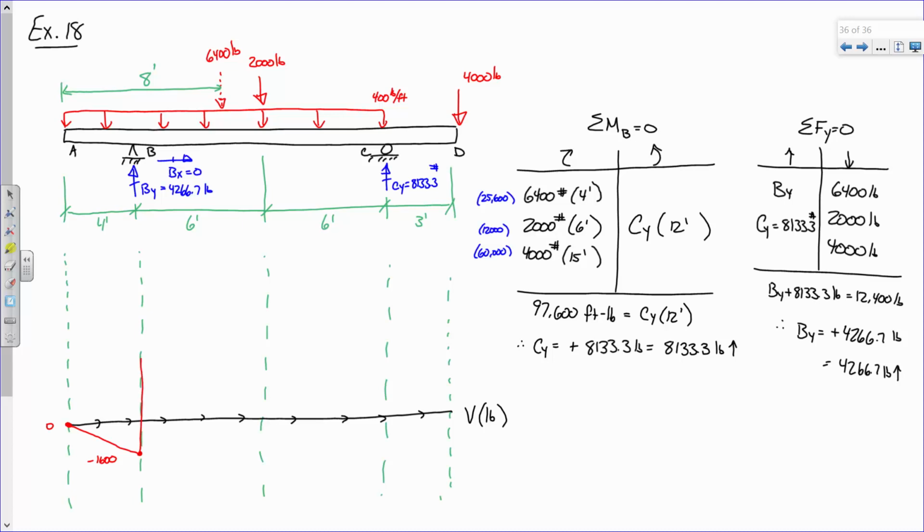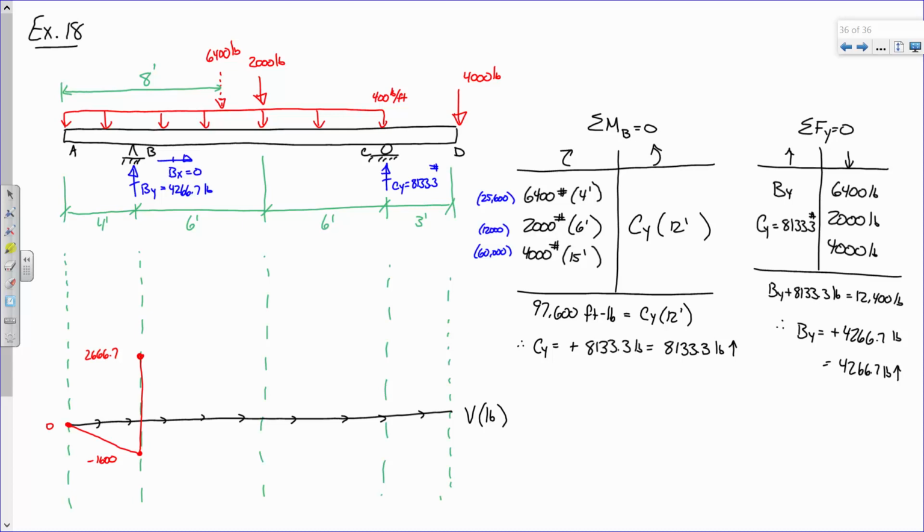That puts me at what? What would that value be? If I'm at negative 1,600 and I go up 4266.7, what would I be at? 2666. There we go, 2666.7. So this is 2666.7. Okay. Now, the beam says